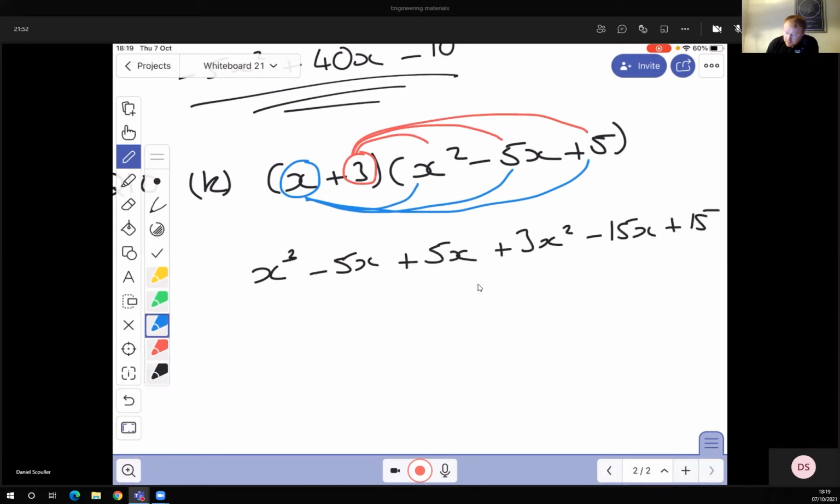Now it's just a case of tidying that up. Your x cubed is only x cubed there, so we don't touch that. This minus 5x, that's minus 5x squared, sorry guys. So that minus 5x squared, we're looking for another x squared term. We've got positive 3x squared there. So negative 5x squared plus positive 3x squared,